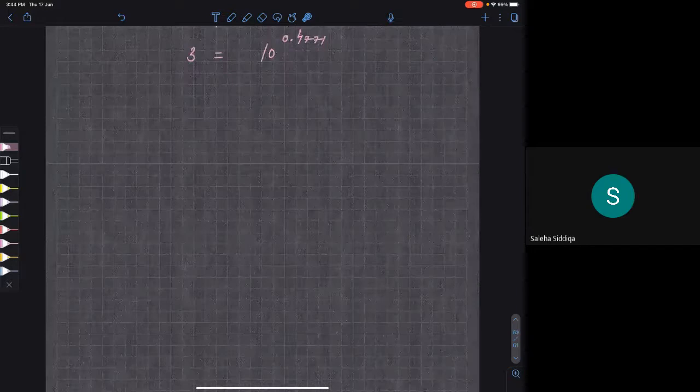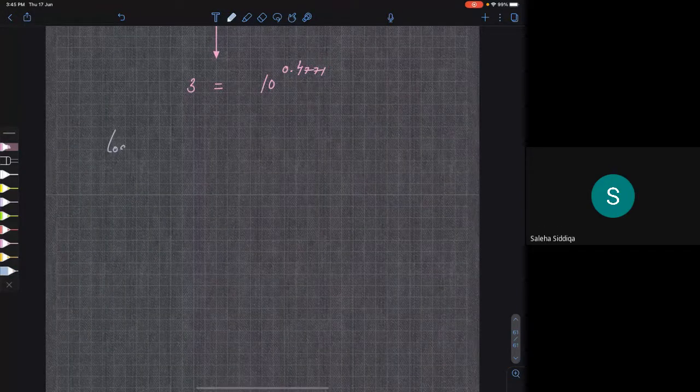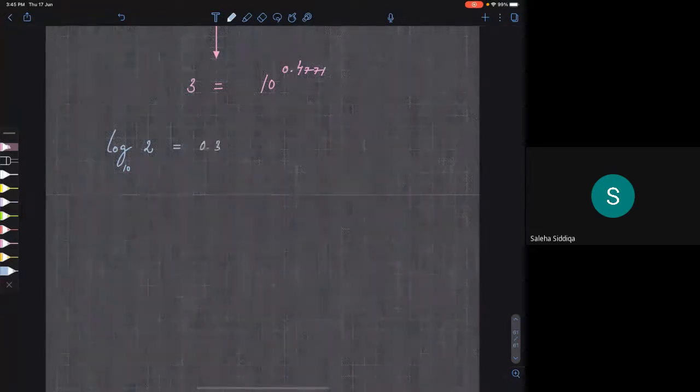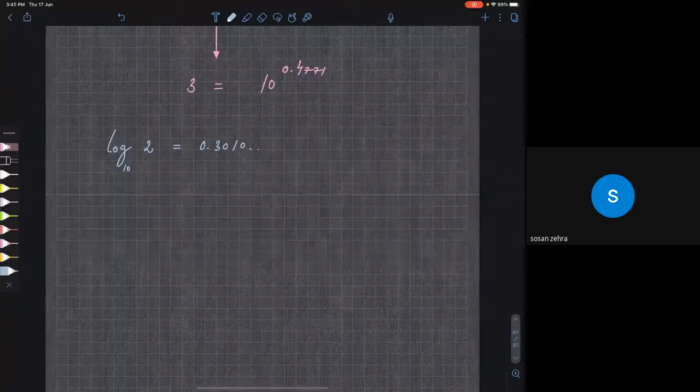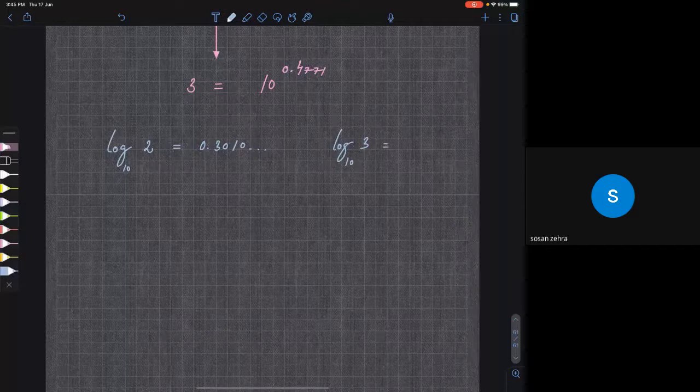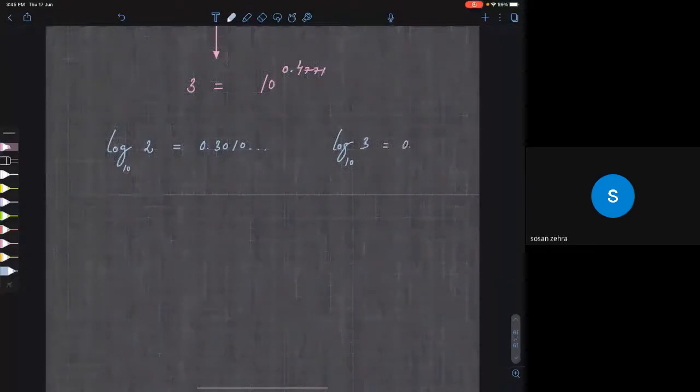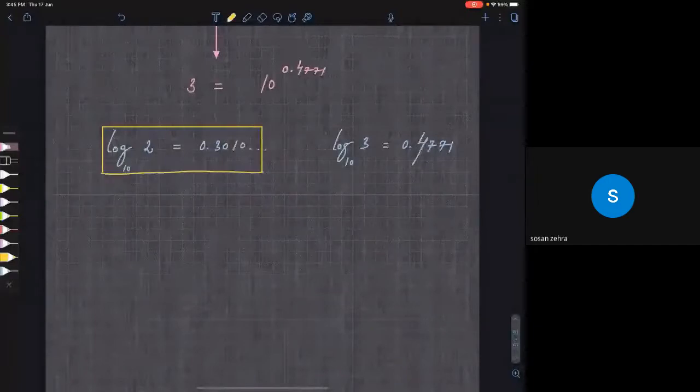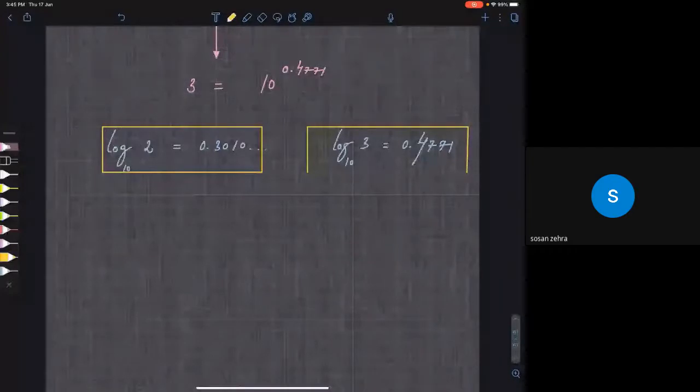Okay, now 2 new values we learned for logarithms to the base 10. What are those? Log 2 is equal to 0.3010 and log 3 to the base 10 is equal to 0.4771. Now the thing is, you have to remember these values because these will be useful for you in chemistry, especially not in physics but in chemistry, where you'll have problems based on acids and bases, where you will need to find the pH values of some solutions. There, these values will be handy for you. Are you getting my point?